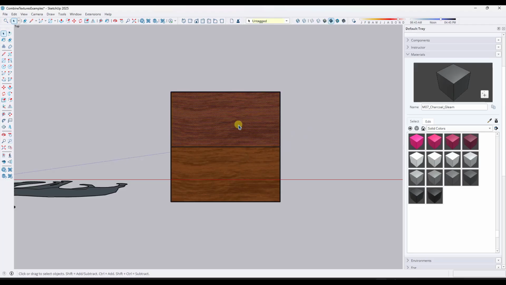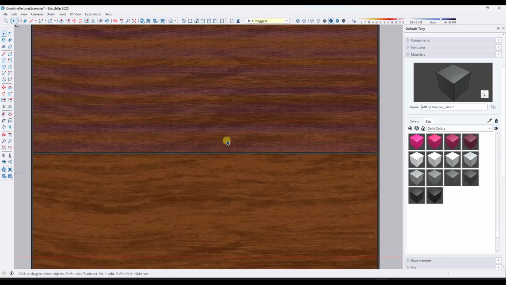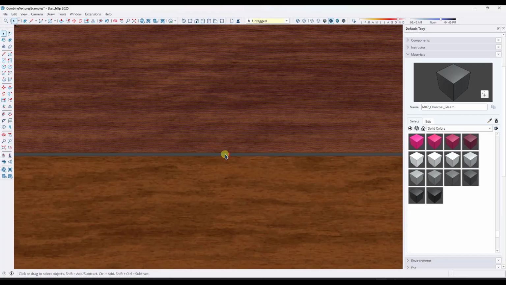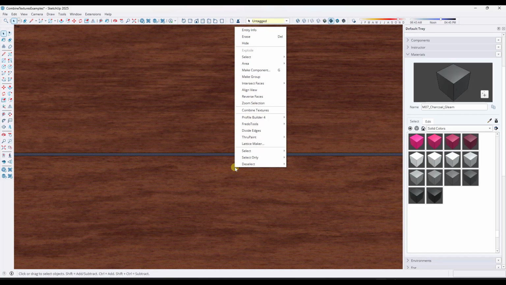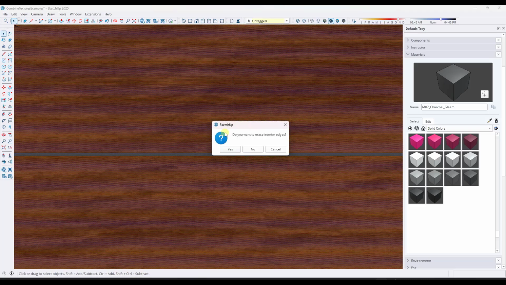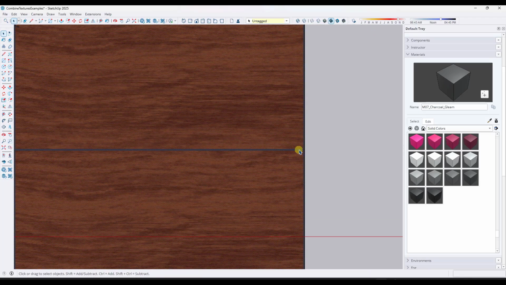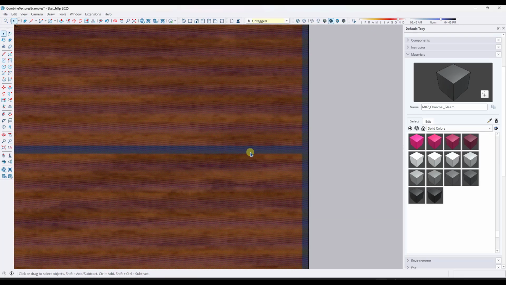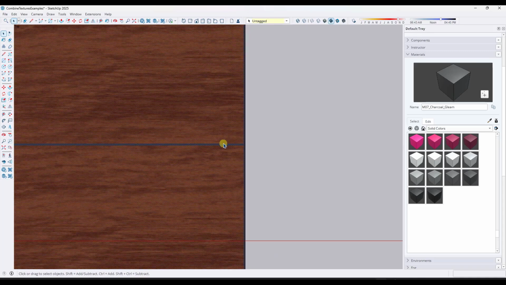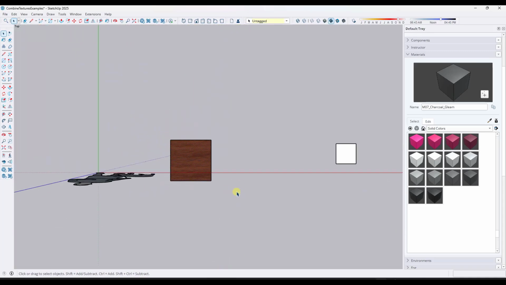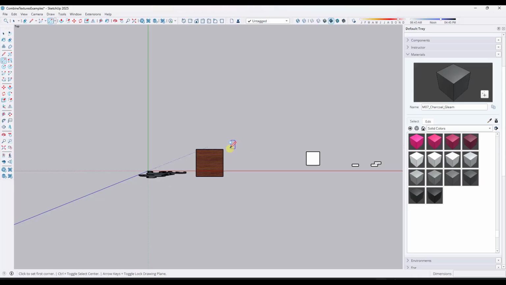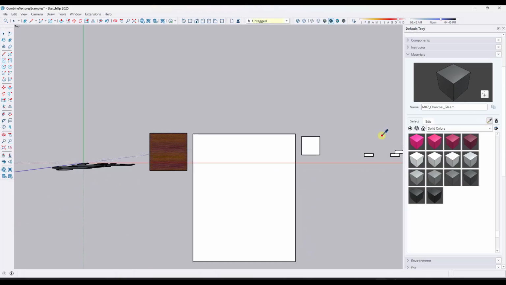And so to make this into a texture, you might have noticed that if we select a face, and then another face and another face, and you right click, there's actually an option in here for Combine Textures. If you click on this option right here, it's going to ask if we want to erase the interior edges, and we're going to say yes. But notice what it does is it takes the image that's applied to this face and turns it into a repeating texture. So say now that we had a larger surface like this one,